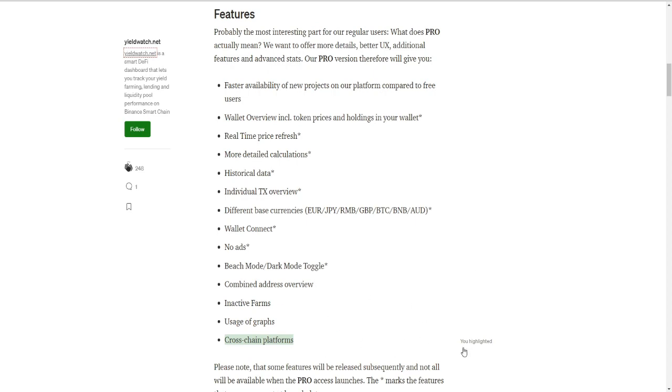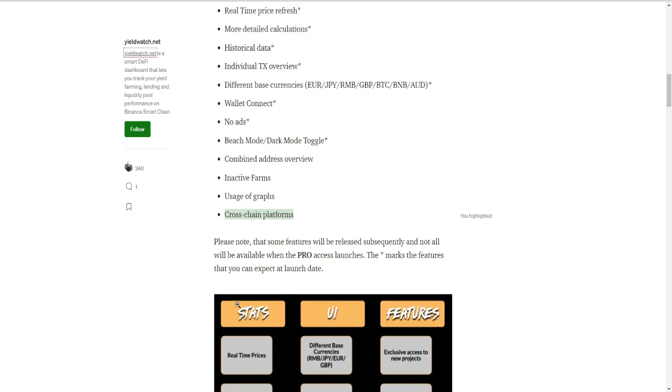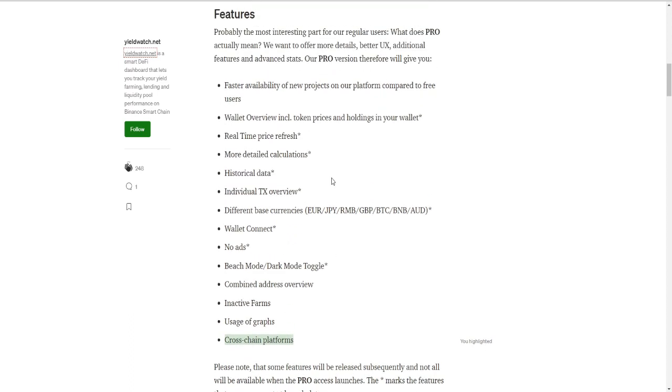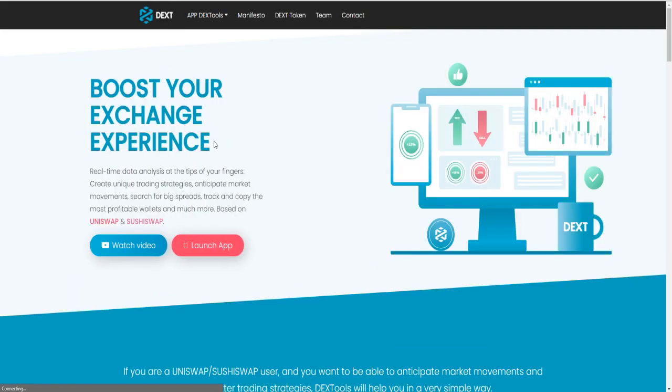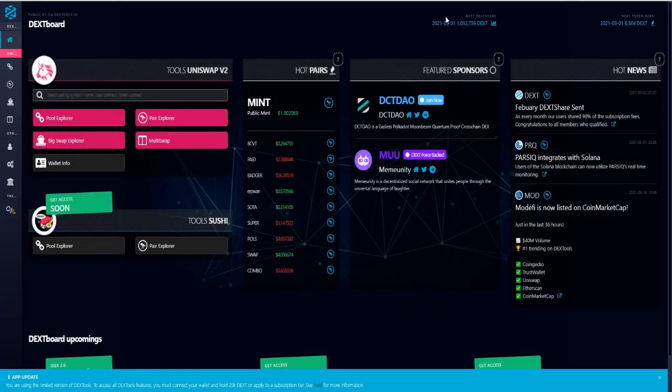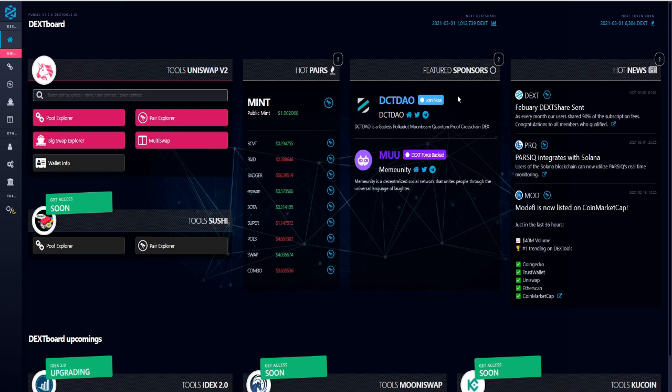So they mentioned somewhere in the rest of this article that any future transactions made towards YieldWatch are going to be transacted in the watch tokens. So that means there's going to be more buying pressure for the watch tokens. I like that they're going to be utilizing ads in the free version, because if you look at something like Dex Tools, I'm just going to quickly jump over into it. These guys must make a ton from ads, right? Because the amount of traffic that Dex Tools gets is just bonkers, because every dude is going to be using Dex Tools. Just like that, every person who yield farms on BSC is going to be using